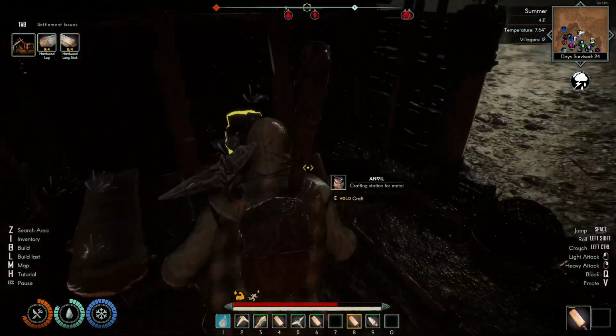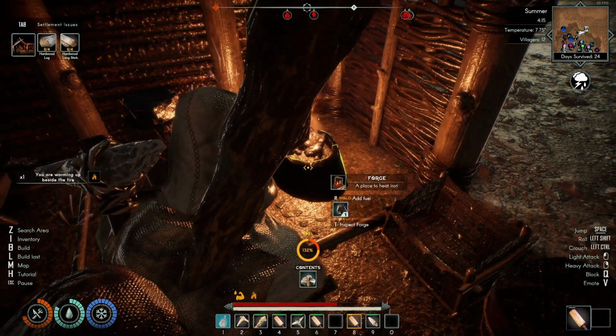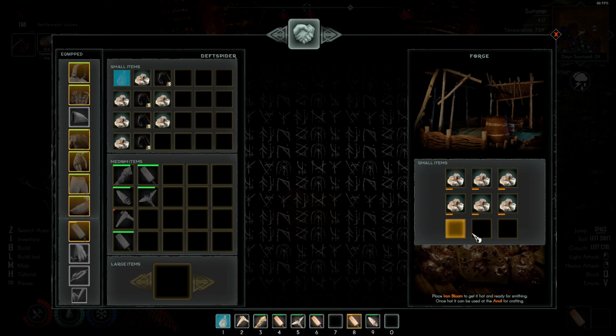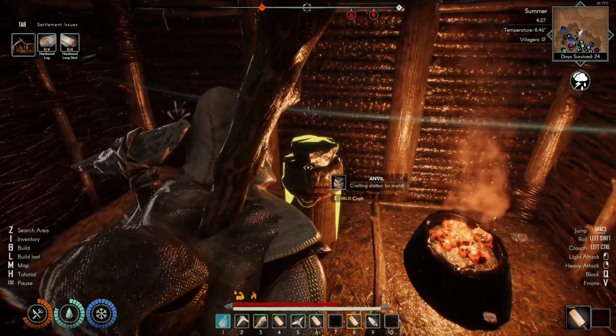So then let's come back over here to our forge. Let's go ahead and hold E to ignite it. Once it's lit, you can then see where you can add coal to it by pressing R. And then press T, come into here, watch the stuff cook. Like I said, we could go ahead and do the other 3, but I'm just going to do the 6 for now. Once you see them change color to this orangish red color, then come over here to your anvil,